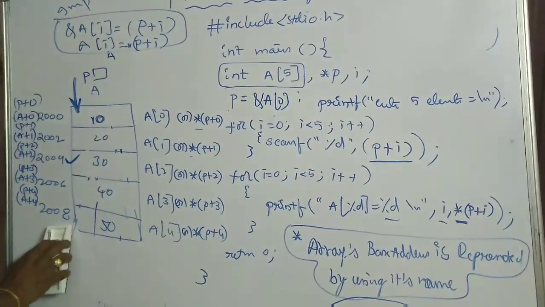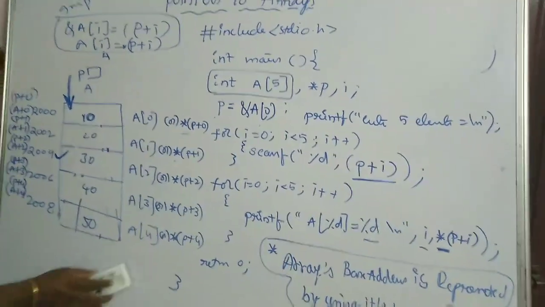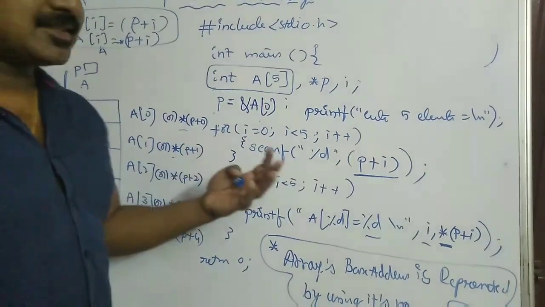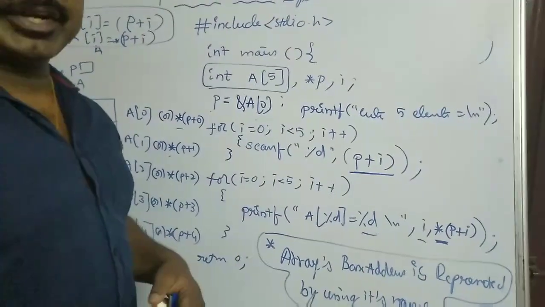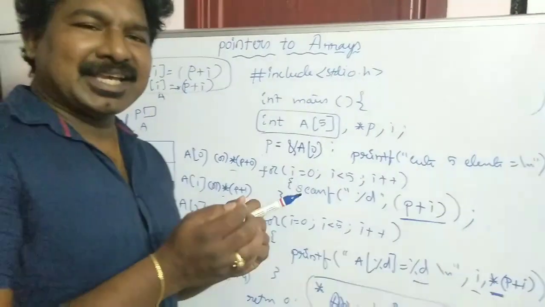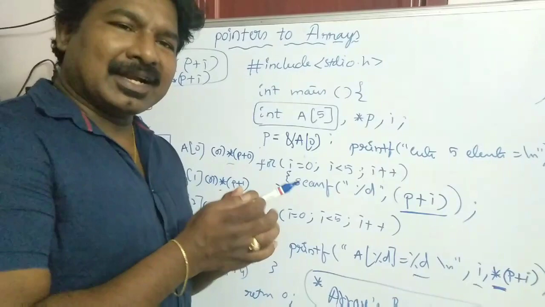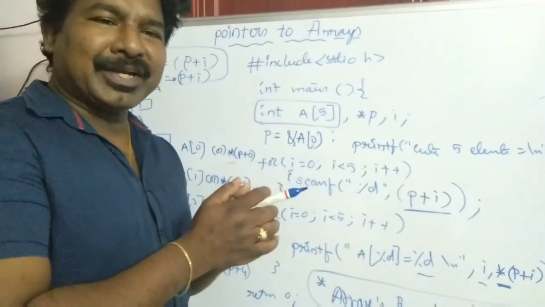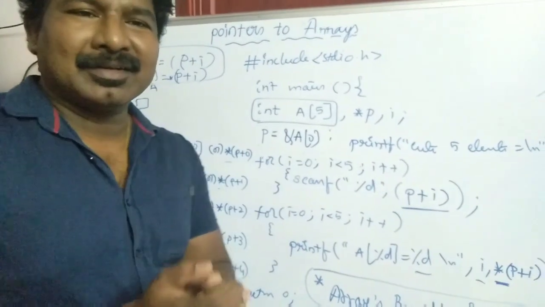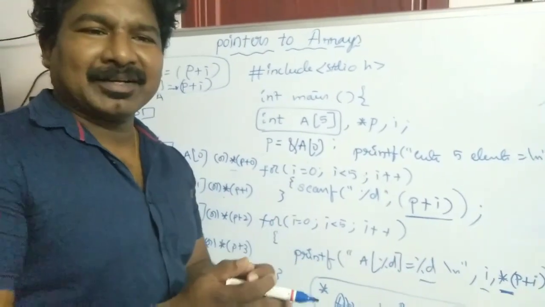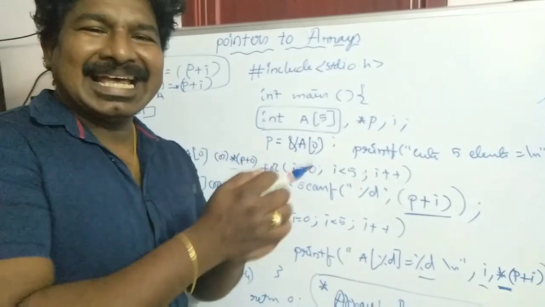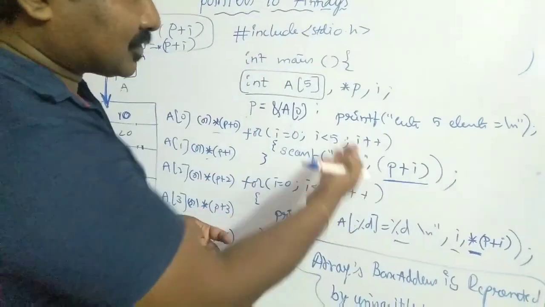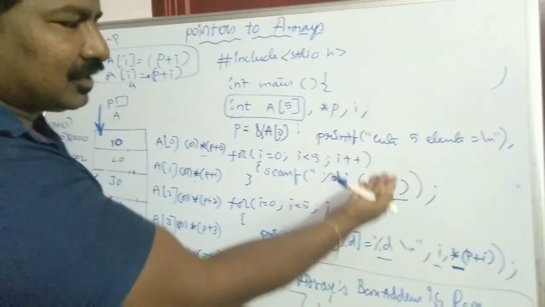Okay friends, just now I have told you that there are 2 ways to access the elements of the array by using pointers. One is just keeping the pointer at the first element and accessing all the elements, and another one is you can move the pointer from element to element. So this is the second concept, that is you are moving the pointer from element to element. For example, to read all the elements, you can write this previous concept, that is you have read all the 5 elements into the array.